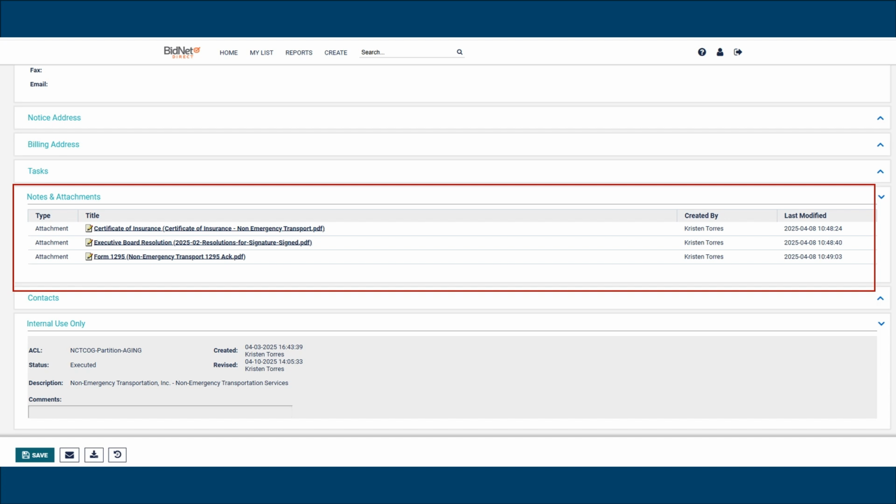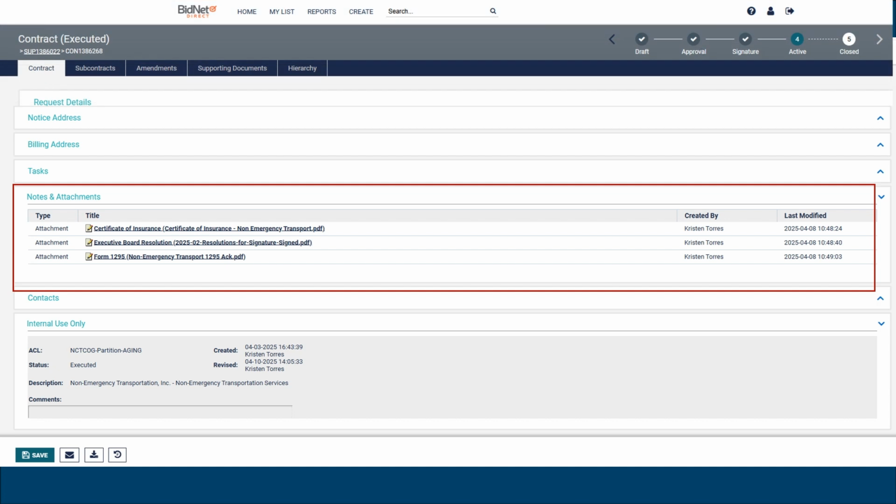However, it's important to note that all new contracts going forward that originate in Bidnet will have these supporting documents in a different location. Recall earlier that we discussed the gray header bar at the top of the screen. Let's bring that back into view. Just below the header bar, you can see blue tabs. The screen we've been reviewing has been the Contract tab, and to the right of that, we have a Subcontracts